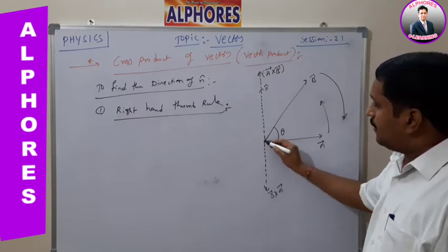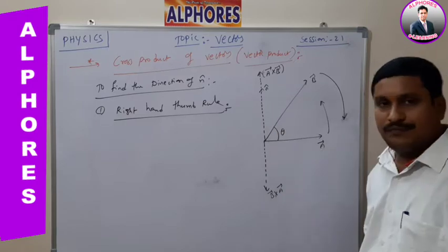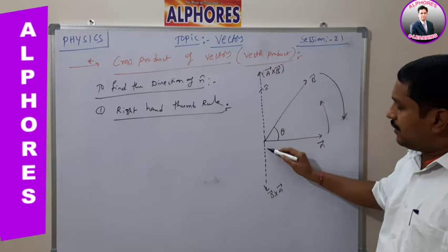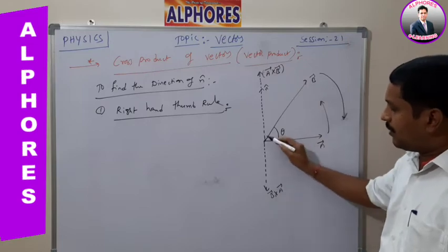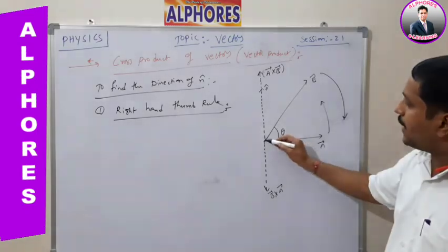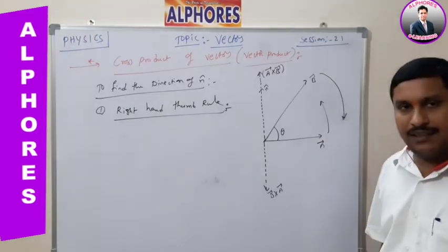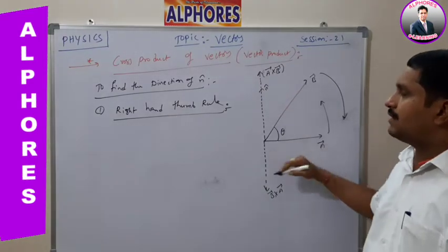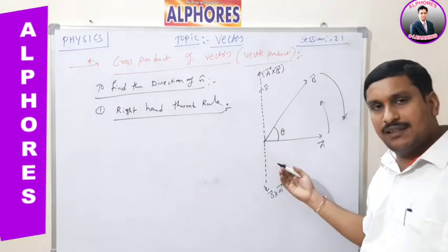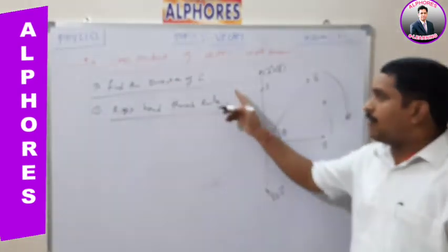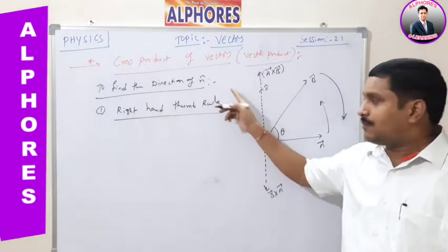So let us say, what is the angle between these two? As per the situation, A bar cross B bar is anti-parallel to B bar cross A bar. What is the angle here? 180 degrees. 180 degrees means both have equal magnitude but opposite direction. Listen carefully. From this I have to discuss the rules of the product of these two vectors as per the cross. So I have to discuss the properties of the cross product as per this situation.